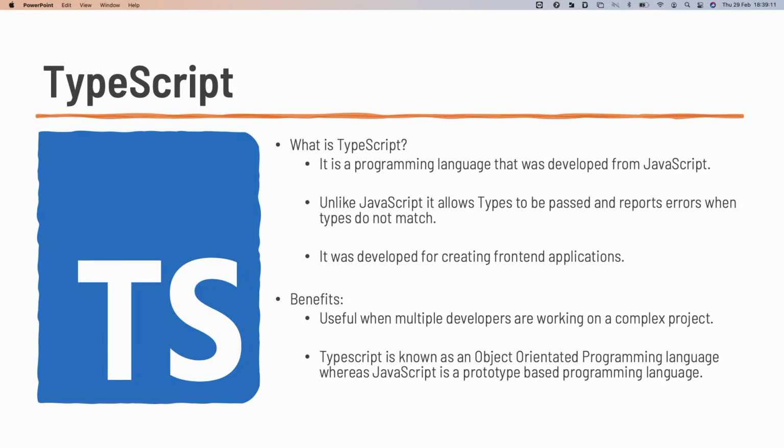Its benefits are, it's useful when multiple developers are working on a complex project. This is because JavaScript parameters and variables don't contain type information, but in TypeScript they do. This allows for type errors, and that helps debugging and reducing complexity when working with other teams. It's